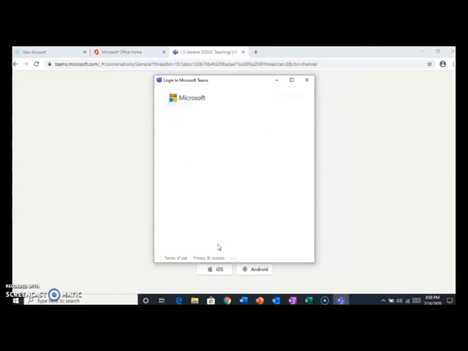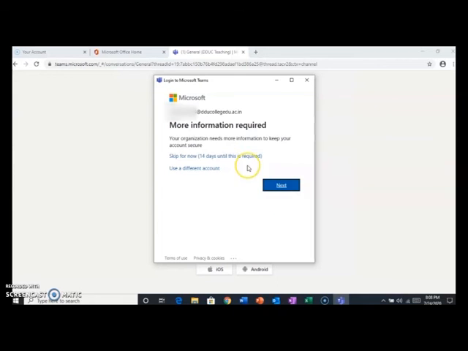It's going to ask for the password. Remember, the changed password has to be entered. Again, skip for now.